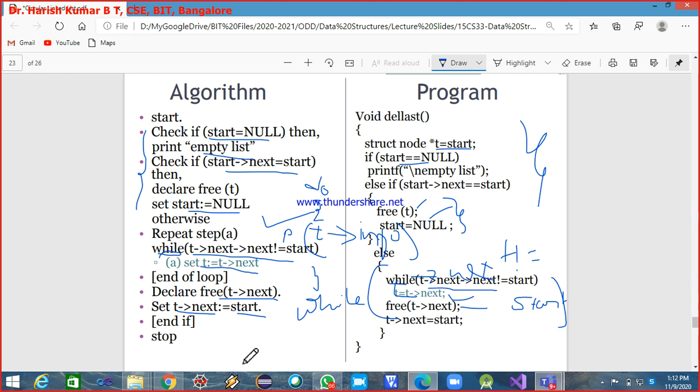Yes, sir. Yeah, you can do that, but I don't want to disturb the start. I want start to be just simply pointing all the time to the first node. Understood, no? Yes, sir.